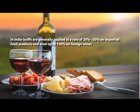Australian businesses exporting goods to India should be aware of the various import duties and taxes that may apply, including tariffs and other import regulations with which they must comply. In India, tariffs are generally applied at a rate of 30 to 50% on imported food products and about 150% on imported foreign wines. Tariffs and import regulations are frequently revised and subject to change without notice, so businesses should reconfirm these before selling